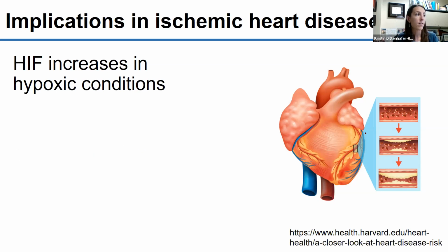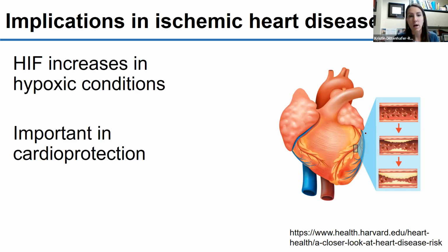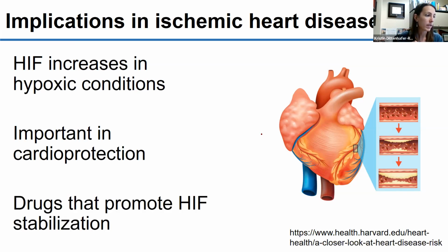And in this case, HIF actually is important. So we see HIF overexpression. It is shown to be connected with cardioprotection. So increasing our HIF levels allows for some cardioprotection, especially in the context of like a heart attack situation. And so in this case, we would want drugs that promote HIF stabilization. So this is more similar to the anemia context where HIF is good. And so certainly there are clinicians that are looking into ways to be able to do this in a heart